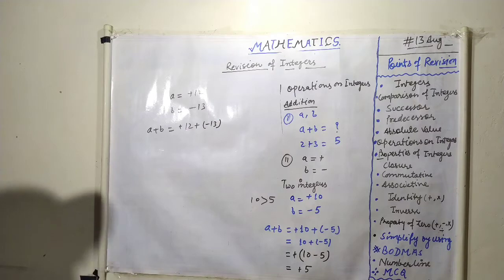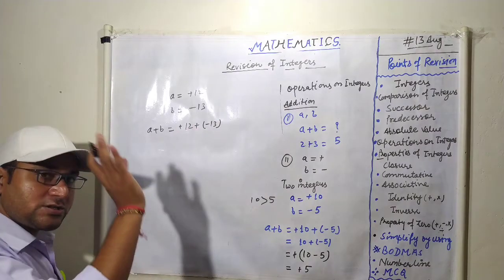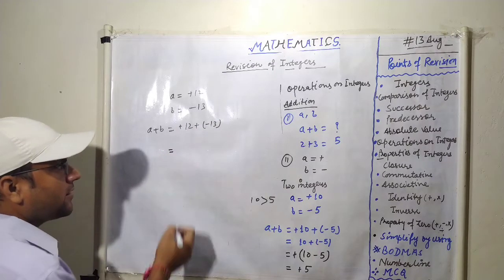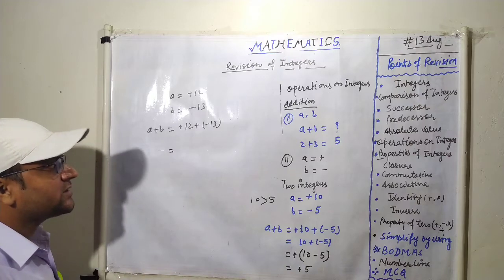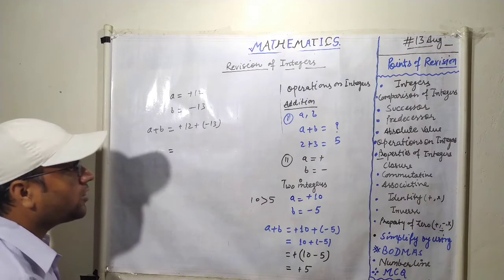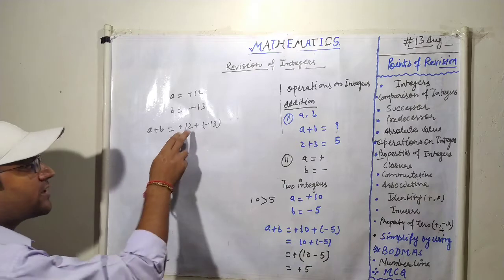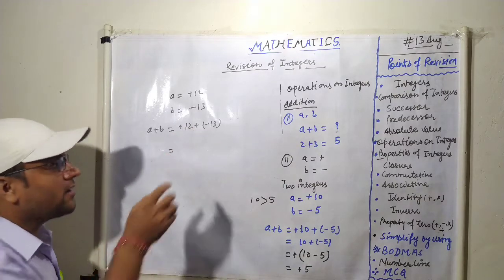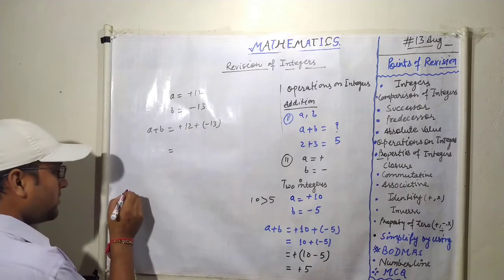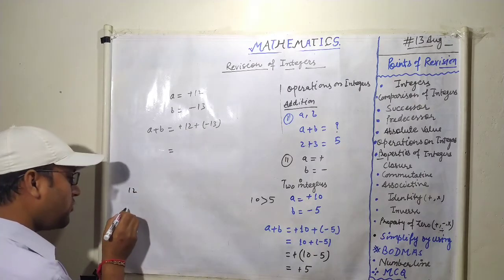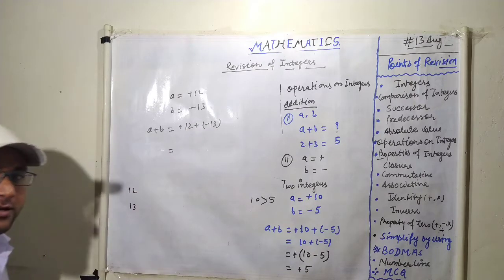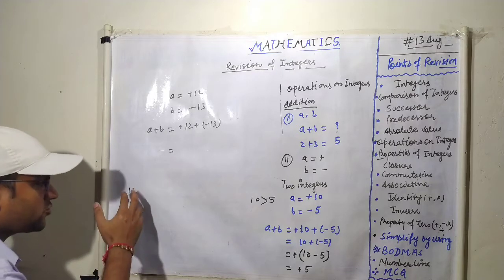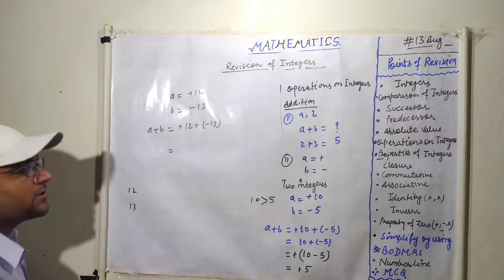In this case, you also subtract the smaller one from the bigger one. You will subtract the absolute values, okay. So what is the absolute value of plus 12? That is 12. What is the absolute value of minus 13? That is 13. So which one is smaller in this one? 12. So you will subtract the 12 from 13,